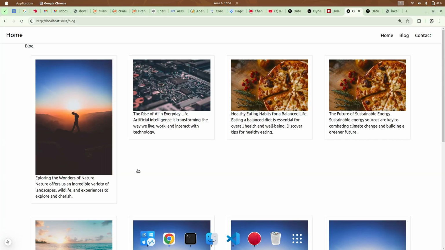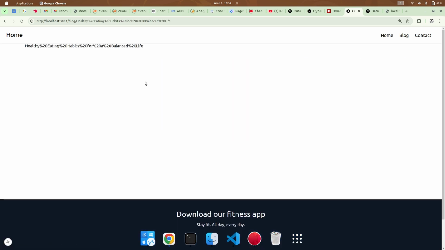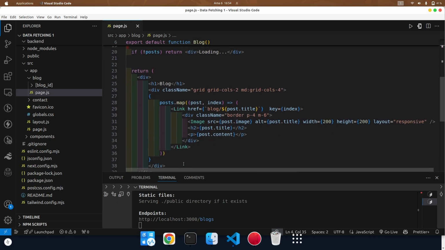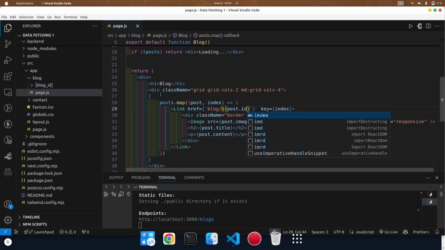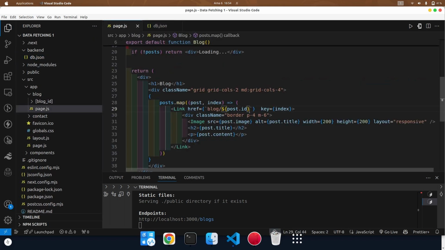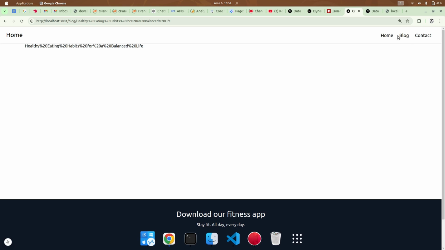Now, if you realized last time, when I click on any of these blocks, it will take me to another page, where you need to fetch an individual block. So what you just need to do is very simple. First of all, last time I added the title on the dynamic link. Today I want to change it to ID, because now my data has an ID, you can see. So you just pass it as an ID, and then when I click on it, let me just go back